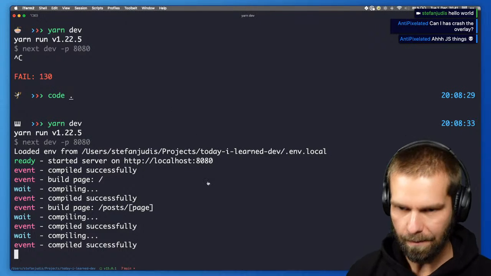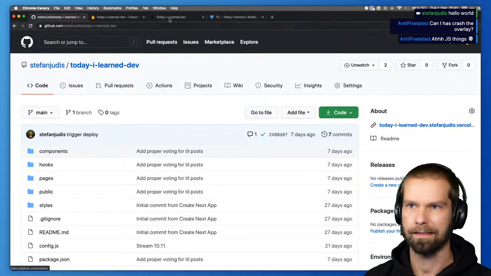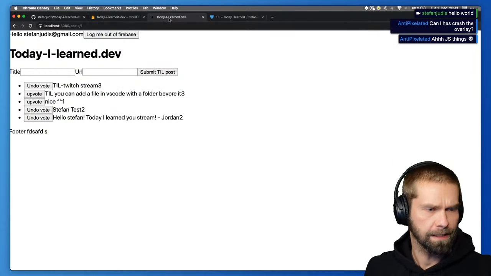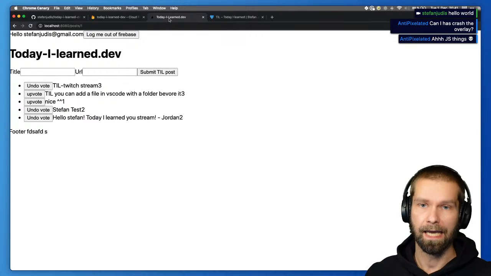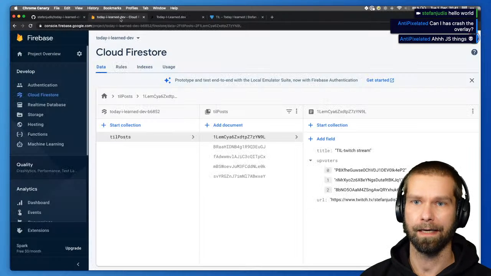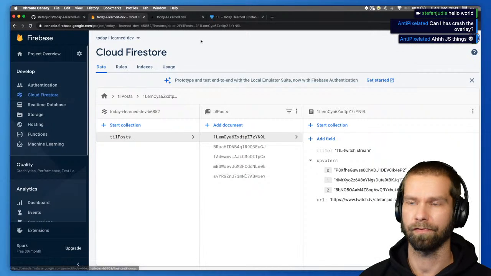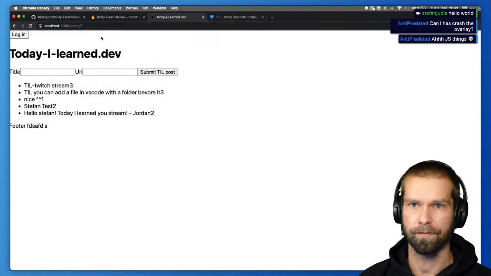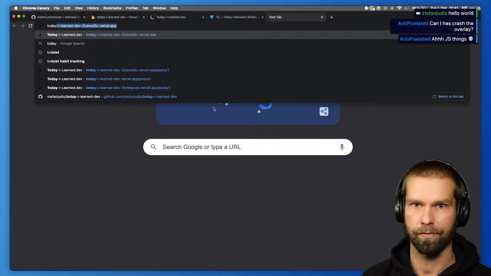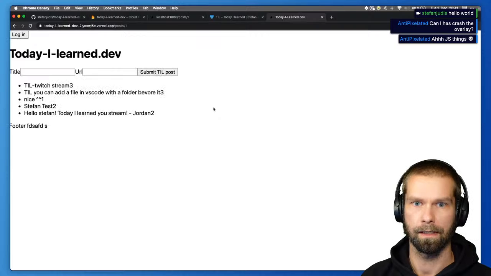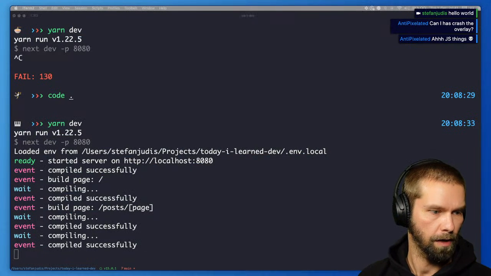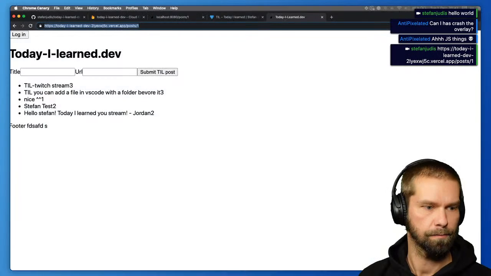Sweet. So, what we actually want to do here today is continue working on today-i-learned.dev, which I already built over the last few weeks. What you see there is another Next.js application, and it uses Firebase Auth and also Firebase Cloud Firestore. What we did over the last few weeks is that you can already go here. It's actually also deployed. So when we go to today-i-learned.dev, the URL which I'm going to post into the chat in just a moment, you can already log in, log out, and post some